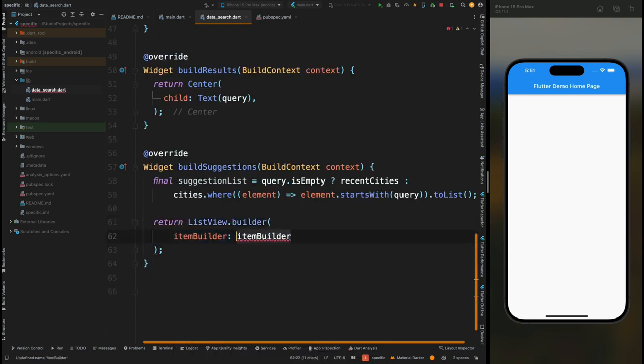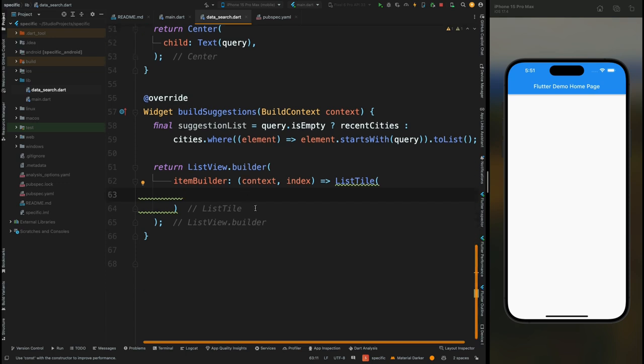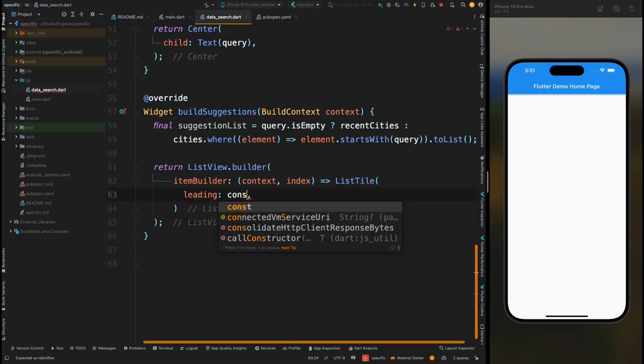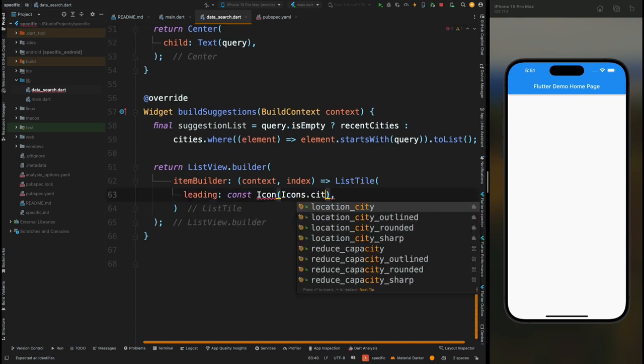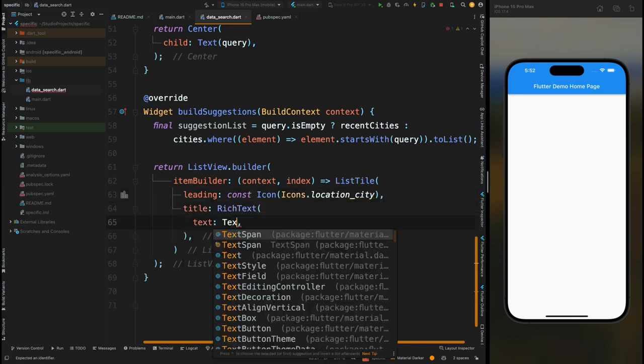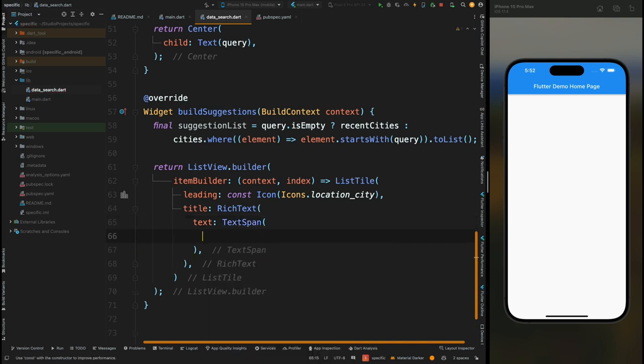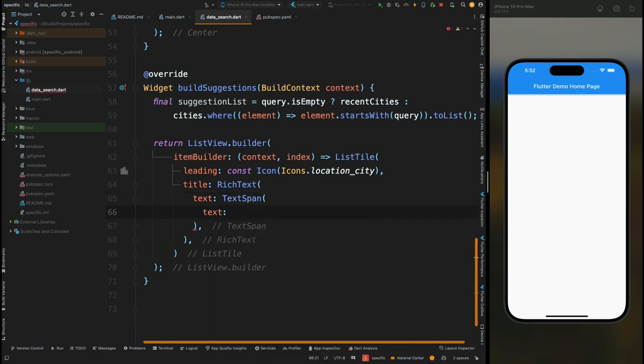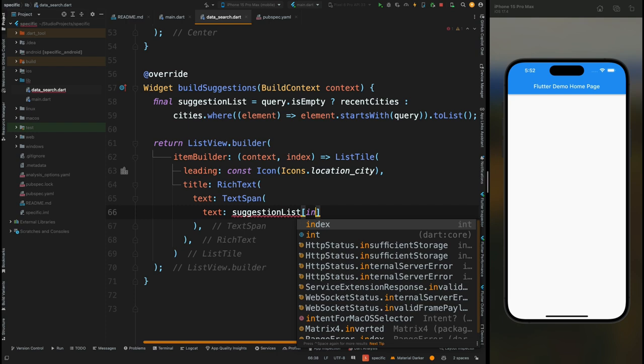Then it needs an itemBuilder, so here first add the context, then index, then here add the ListTile widget. Now come inside this widget, and here add a leading icon and assign the location city icon to it. Then add the title. So for the title first add the RichText, then inside it for text add the TextSpan, then inside this span add the text, and here assign the current index of the suggestion list,